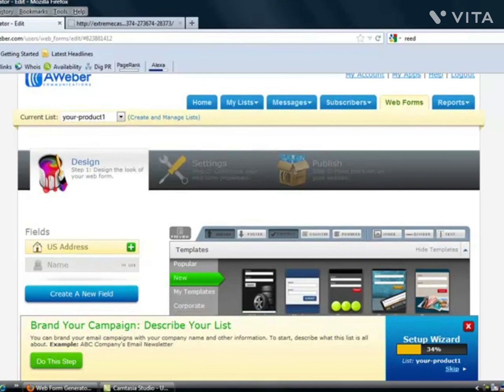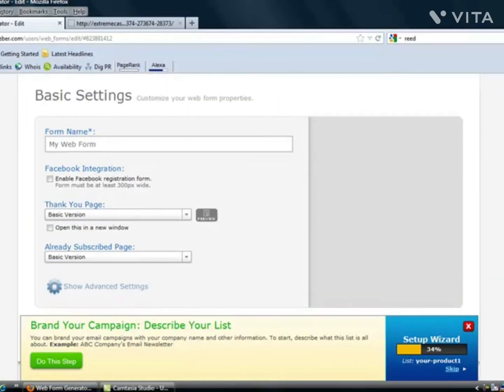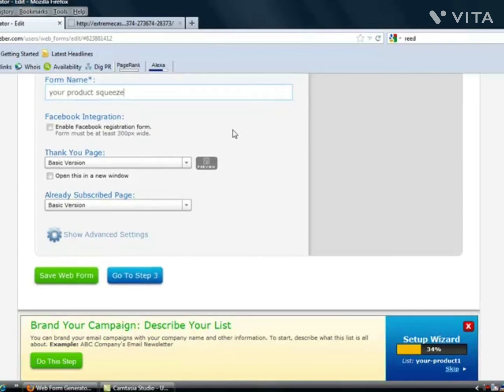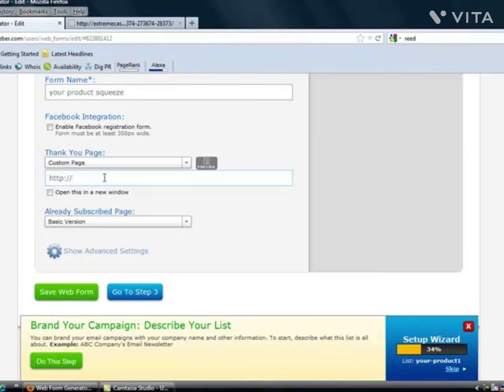So what we do, settings, name this, is going to be your main web form. So I just usually put your product squeeze, and that's usually good enough. And then thank you page, again this is very important because this is probably the most important step,